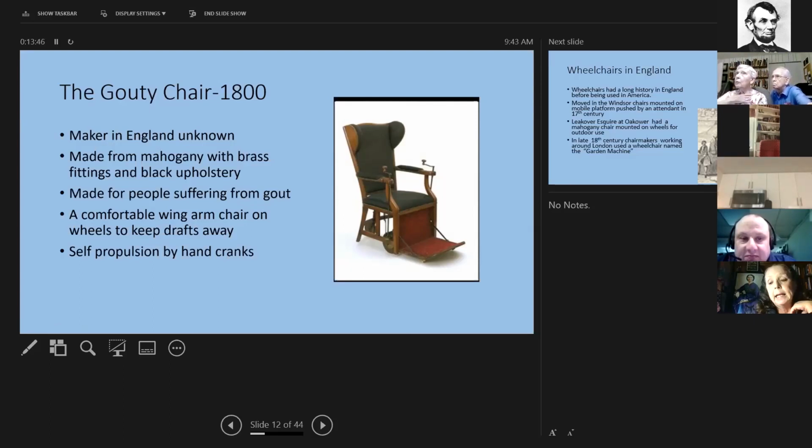And as he used this, the brass fittings with the black upholstery sometimes changed a little bit in color, but he did use the self-propulsion by hand cranks. That was one of the best things about some of these pieces, that they could be used and were used.